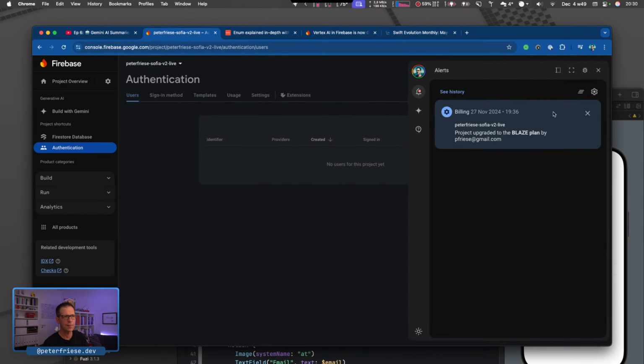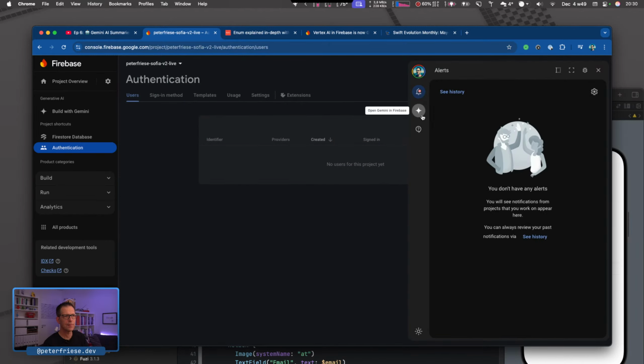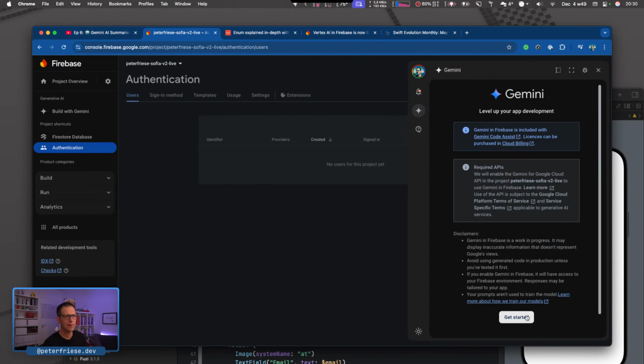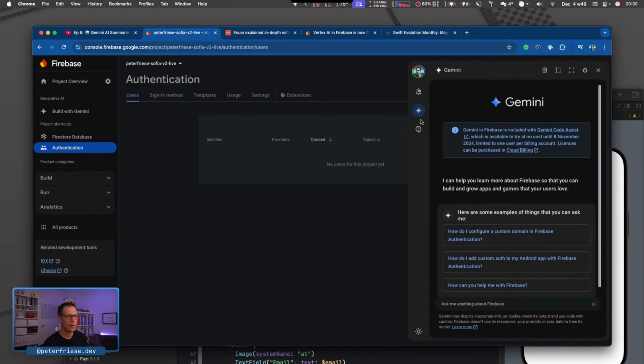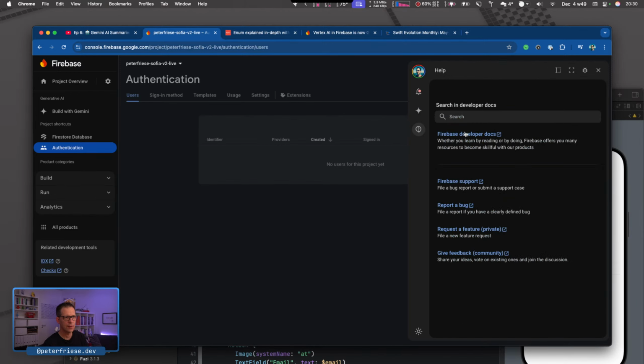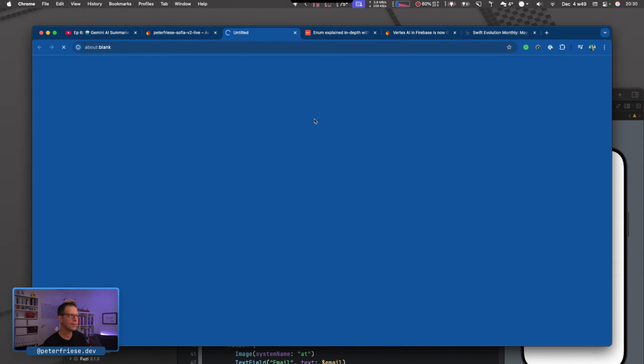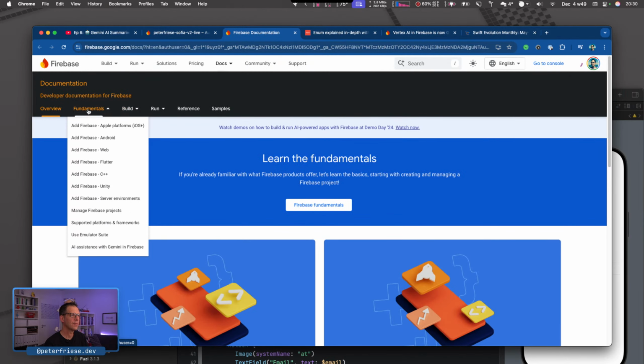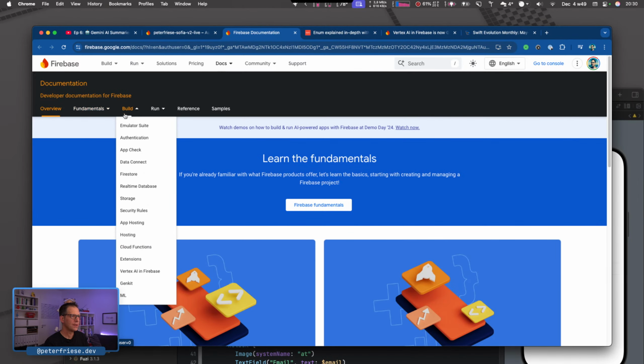We don't. Nope. But what we can do is, let's see, oh, look here. Here's the help developer docs. There you go. Okay. So build authentication.